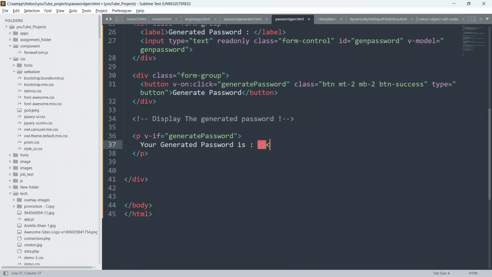And I will also create an h3 element here, close this h3 first, and give double curly braces, and paste here generatedPassword, the variable or property.